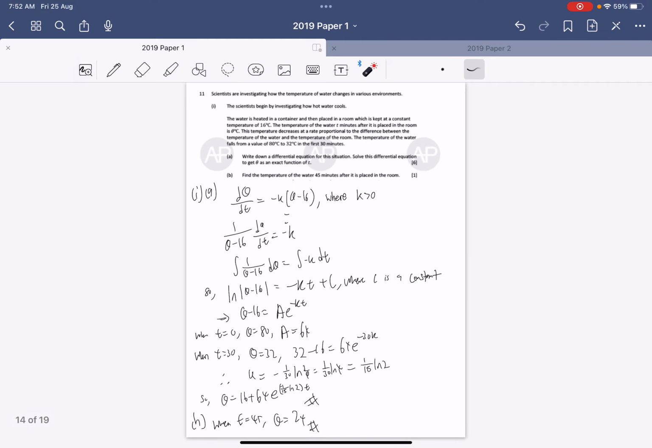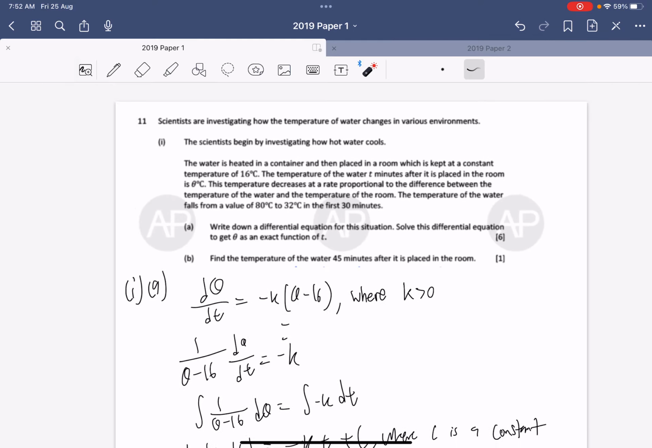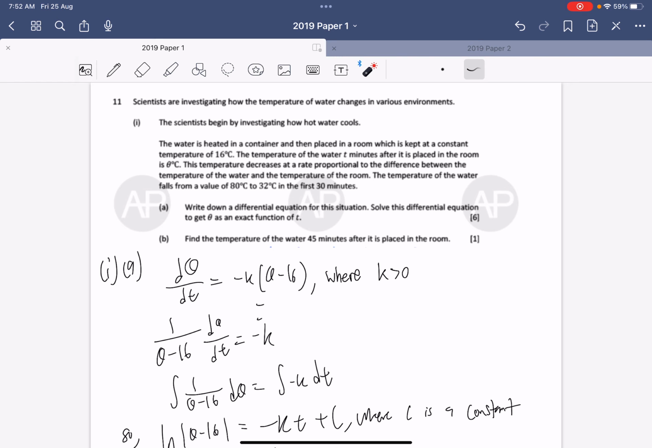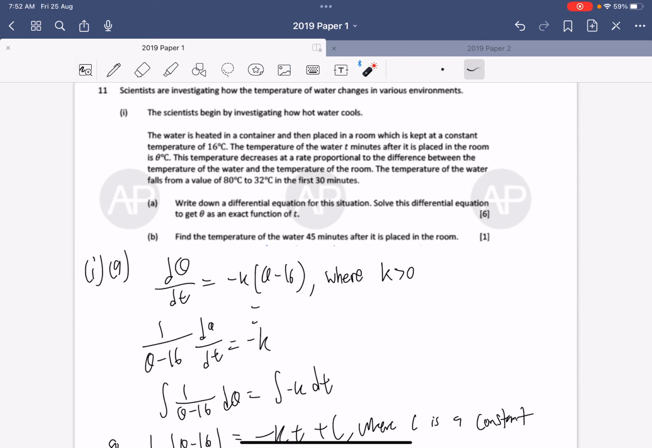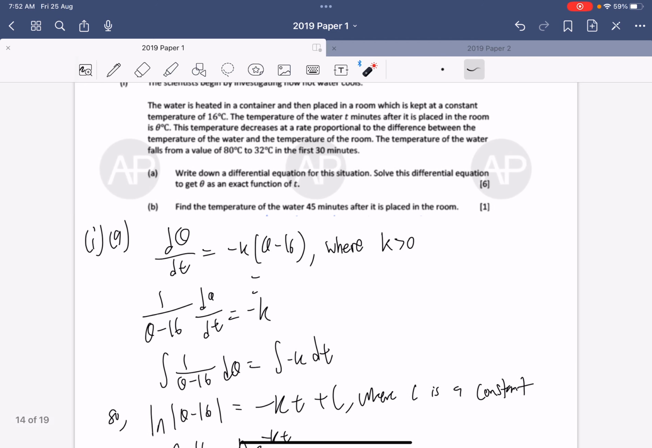Next, we have question 11, where it's a differential equation question. And for differential equation, like I always say, the most important is understanding how the question works. And so if we read the question, it says that the water is heated and placed at room temperature, when the room is kept at a constant temperature of 16. And the temperature